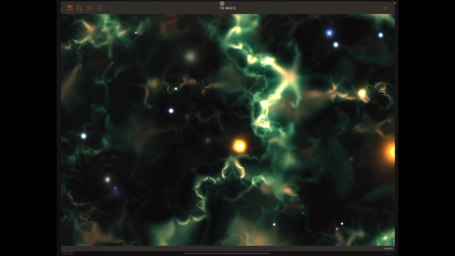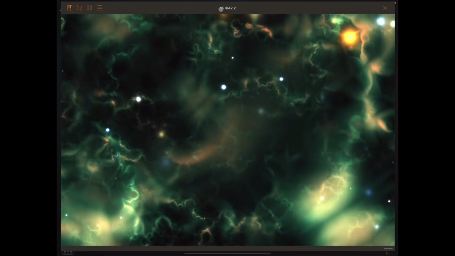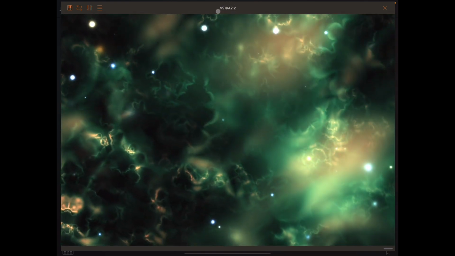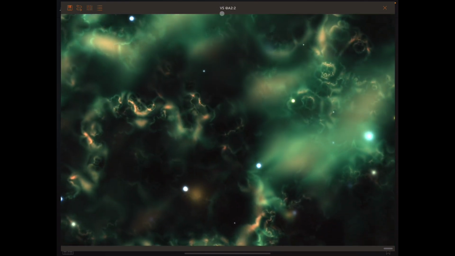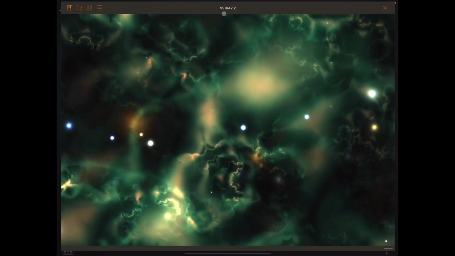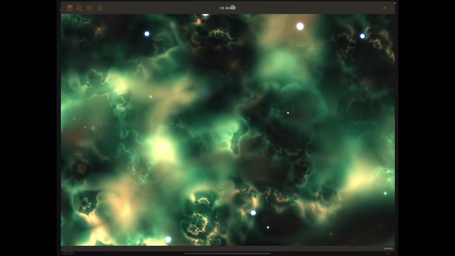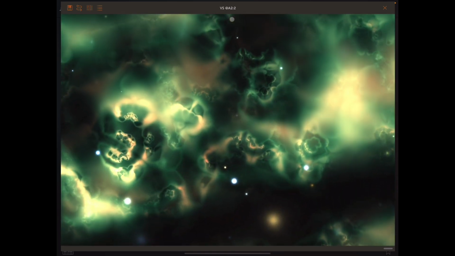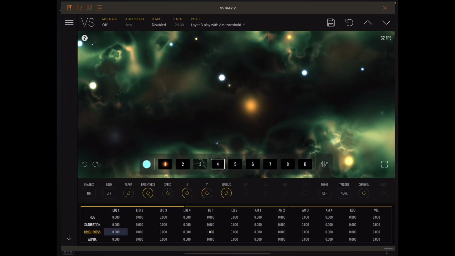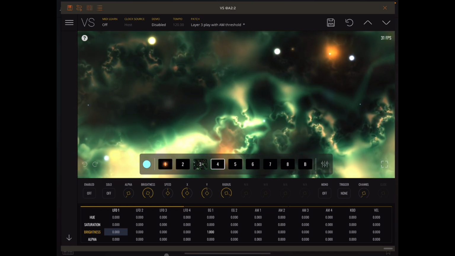For example, the standalone app can't load audio files. So, for example, there's no real way that you could use the standalone app to view full screen while doing audio modulation or syncing it with audio that you're putting in. Another little thing that I think would be a good improvement is related to